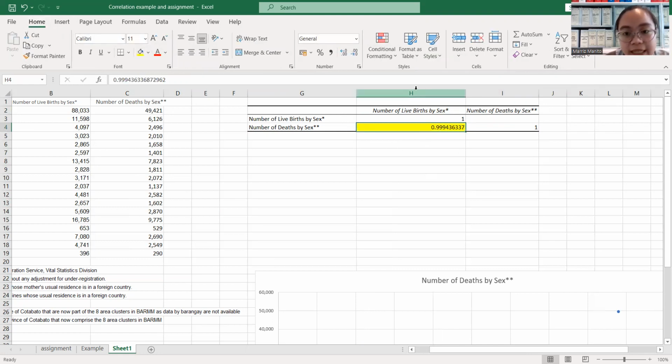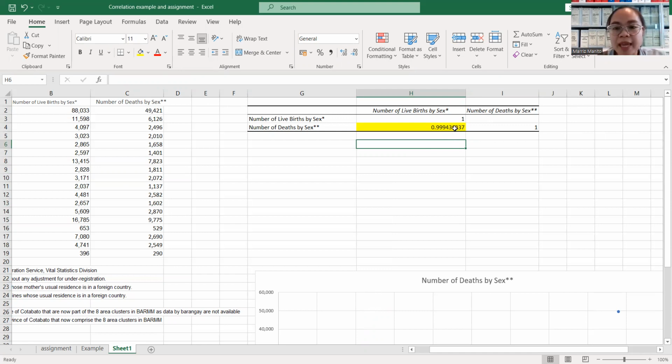Okay? So what you will look for is the one where the data is not the same: number of live births in the x-axis and number of deaths in the y-axis. The result is 0.99. In this part, we do not round off. Rounding off will not apply here. Whatever it is, like 0.99, that's it, you do not make it 1. As it is, 0.98, 0.7, 0.8.